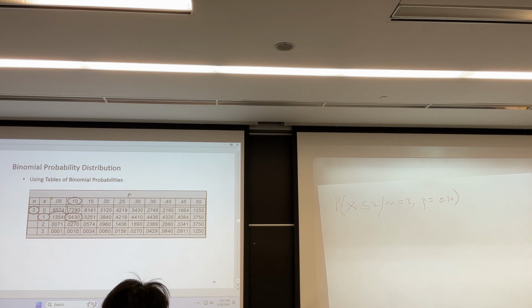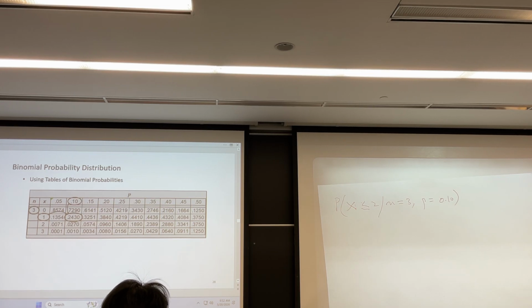If you're interested in finding the probability of not more than 2 employees leaving the company, then from 1 you subtract the probability of 3 employees leaving the company. So 1 minus 0.001, and you have the answer. That's the nice thing about this table: you can save time and just pick up the answer from there. The only issue over here is that